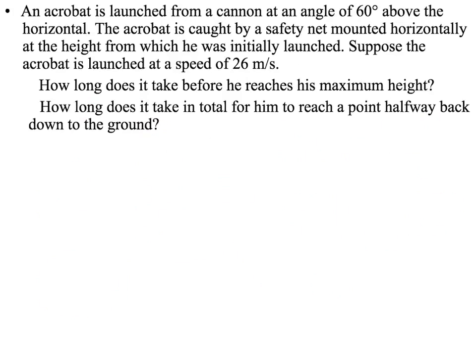An acrobat is launched from a cannon at an angle of 60 degrees above the horizontal. So let's just show that. We'll say that's 60 degrees above the horizontal. The acrobat is caught by a safety net mounted horizontally at the height from which he was initially launched. Suppose the acrobat is launched at a speed of 26 meters per second. So this acrobat's going to go something like that, and it's going to land in some kind of net right